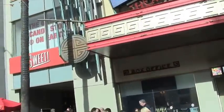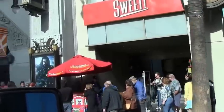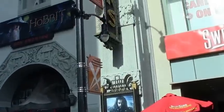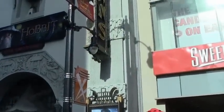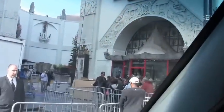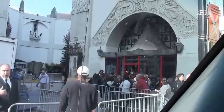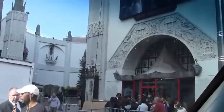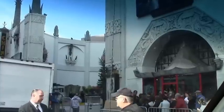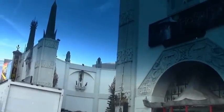Chinese Grumman Theater is in the shape of a Chinese temple. And once he built that with the huge opening in the front, in order to have premieres, the movie industry started having premieres here. Again, Mr. Grumman very cleverly decided, if I have Clark Gable, Audrey Hepburn, all these famous names coming to my theater for premieres of the movies, he asked them to sign their autographs on the cement and put their hand or feet